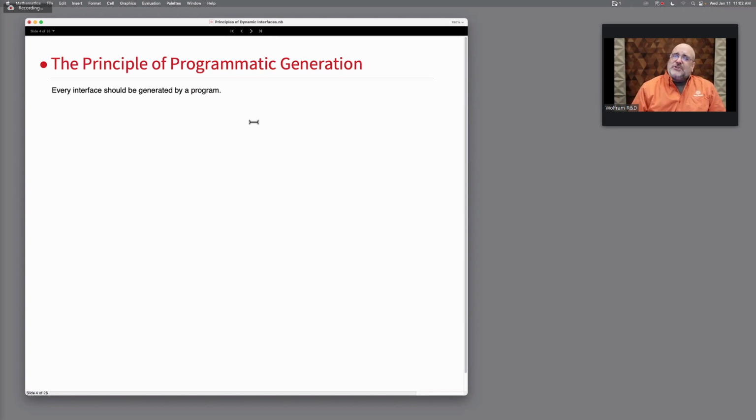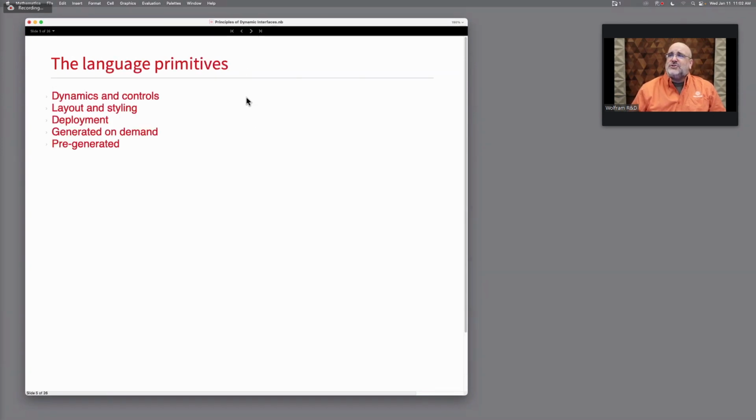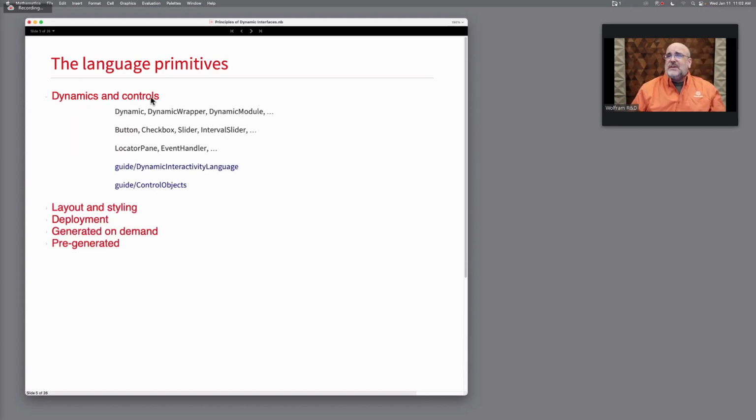Every interface should be generated by a program. Well, that's sort of obvious. What is there to talk about here? Well, let's talk about the language and what the language supports as far as the primitives that you can use when building these things. If you're aware at all of interfaces in Wolfram language, you've probably been exposed to things like